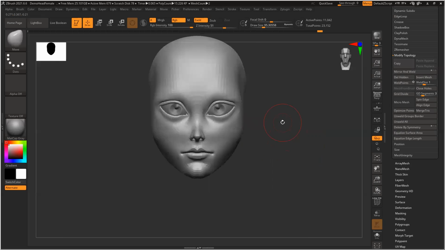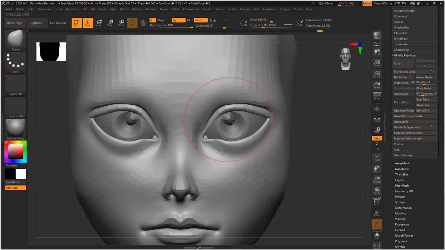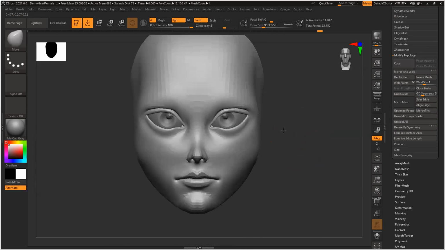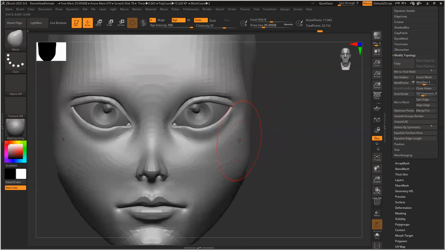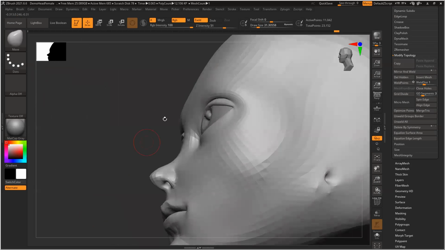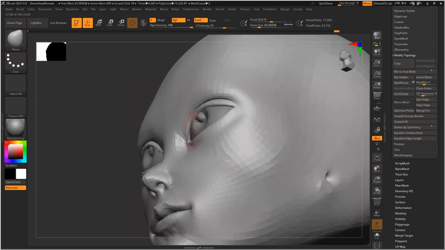Slight roundness. Smooth, clean it. You can see the volume is missing slightly here. Push it out.